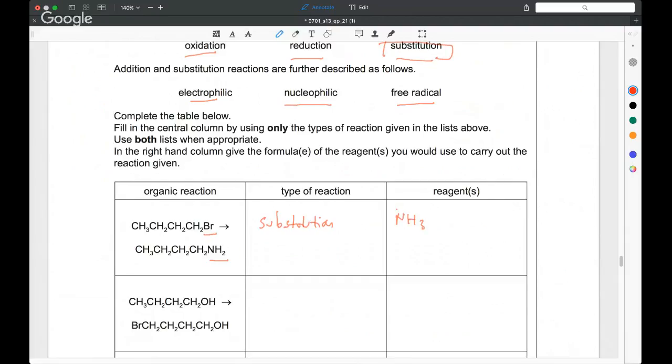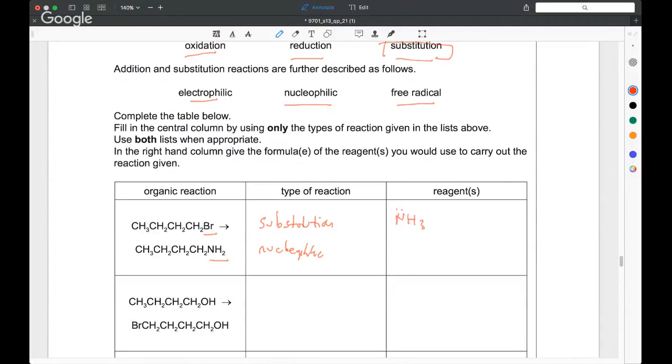And ammonia has a lone pair of electrons. So that negative end, that negative dipole of the ammonia molecule, is going to be attracted to a slight positive charge. If we drew out the mechanism for this, we'd have a slight positive charge on the carbon. So you've got something which is looking for a positive charge. It likes positive charges of a nucleus. So the negatively charged pole of the polar molecule ammonia is going to be attracted to a slight positive charge here. So that is a kind of nucleophilic